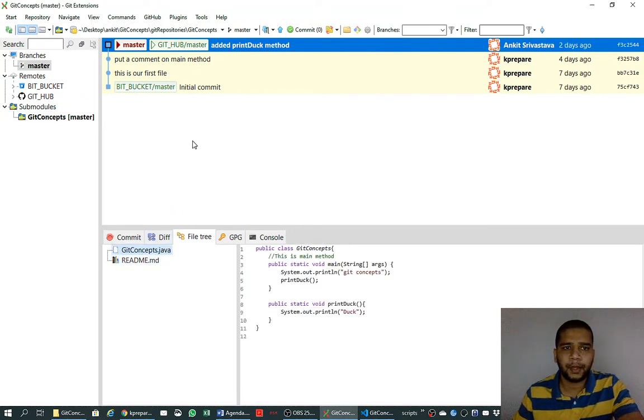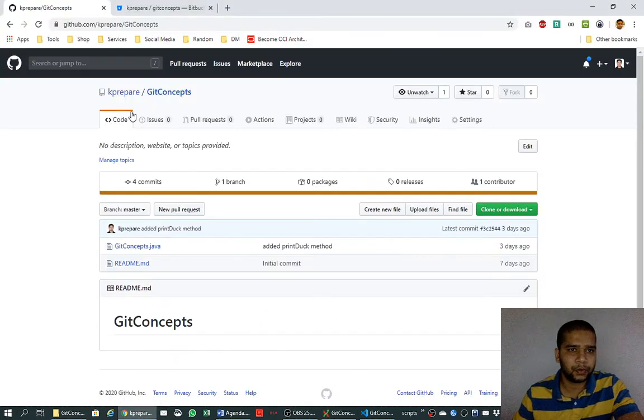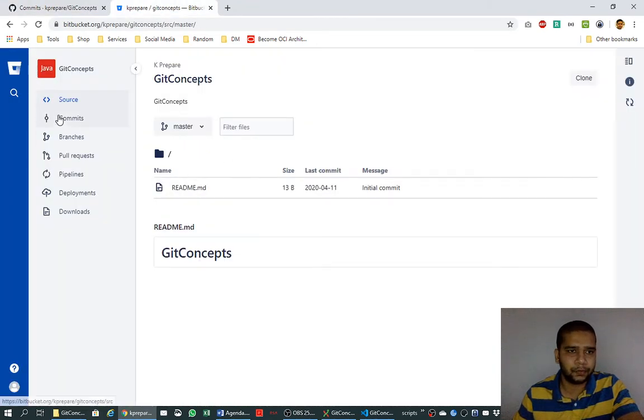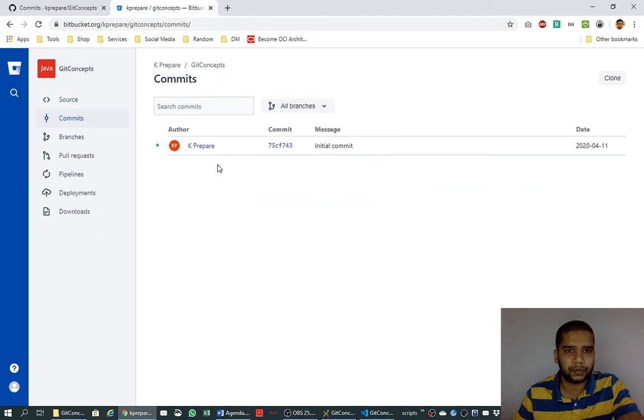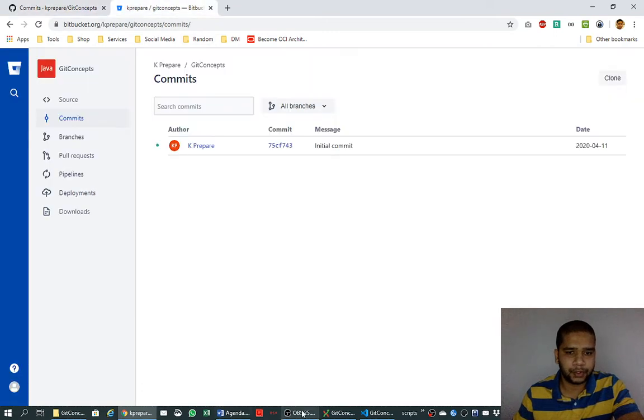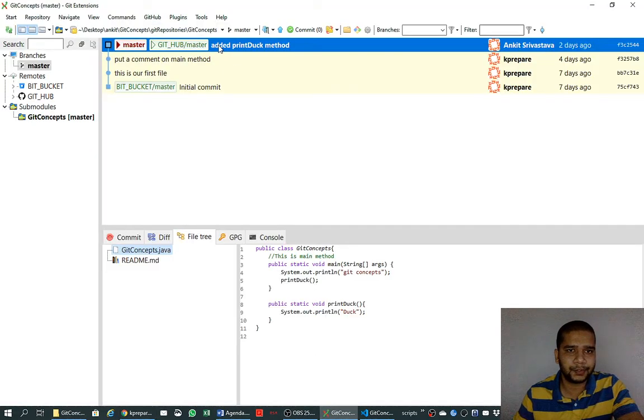Okay. And if we want to synchronize, what I mean by synchronize, I need to have this same code and this same commit history on this repository as well. If we see the commits, there is only one commit, initial commit, but we have progressed a lot in this repository. So to transfer all these changes to this repository, what we can do in this tool is